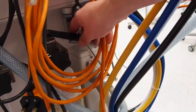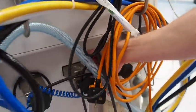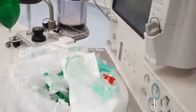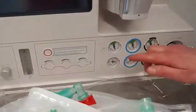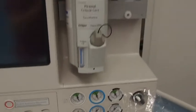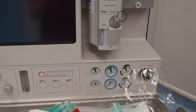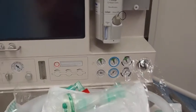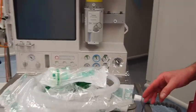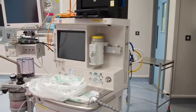On the back up here, you've got a backup oxygen cylinder, and you can turn it on to check the pressure within it, and the full one should have 136 bar, and the gauge is down here at the front. A half full one will have about 70 bar, it goes down linearly, and really you want to make sure you've got at least a good 50 bar in it, or else you want to change the cylinder as a backup. The on switch is simply here,